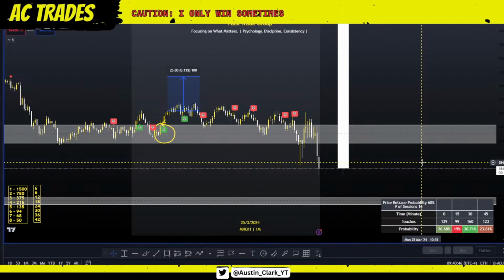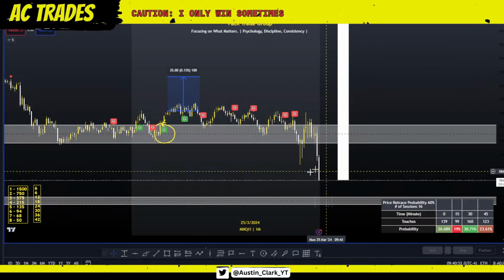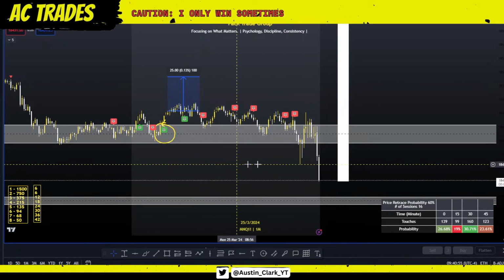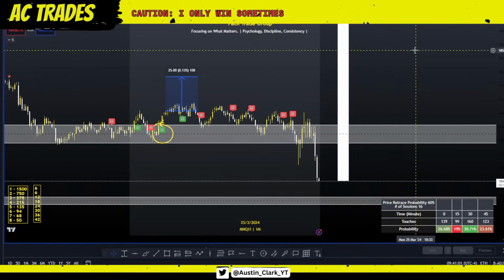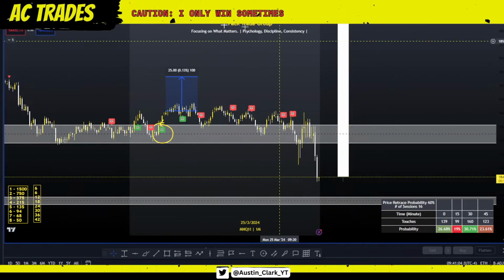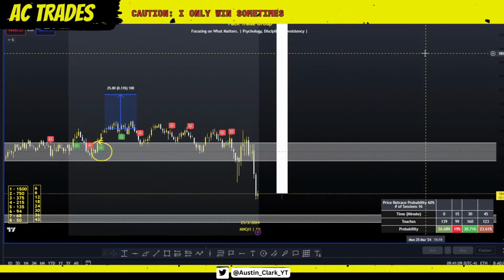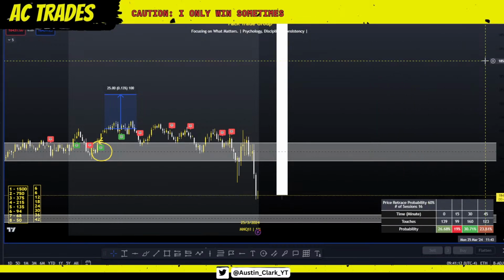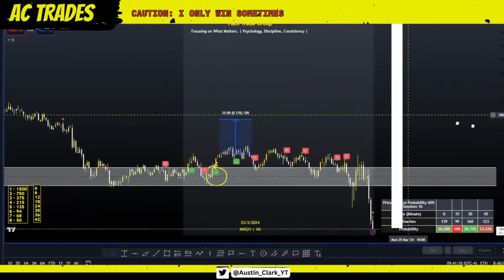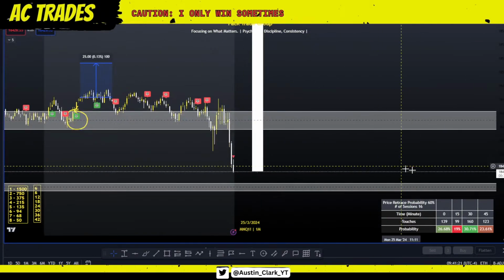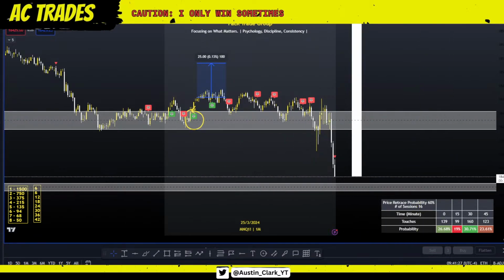What I mean by that is if price makes a low of the day between 8 to 10:30 a.m. EST, and we start creating higher highs and higher lows off of that area of time, that is a statistical daily low for the day, which means our statistical daily high is going to be around 14 to 1500 in the afternoon. Because if we make a low of the day here, we're most likely to make a high of the day in the afternoon and vice versa. If we make a high of the day here, we're most likely to make the low of the day in the afternoon. That's just how price works on a statistical basis.